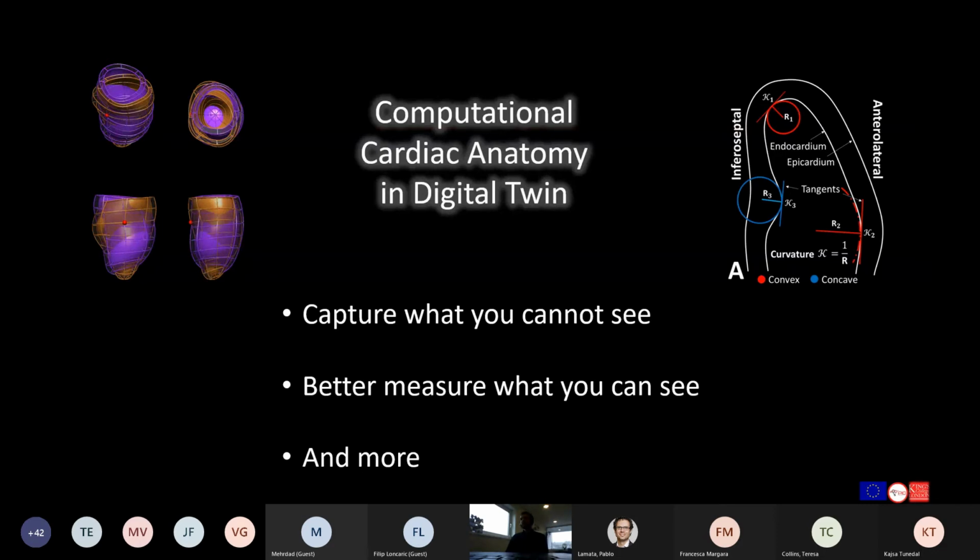And computational cardiac anatomy has many more applications in both statistical and mechanistic methods that my colleagues will present during their talks. So, for now, thank you for your attention, and I'm happy to take any questions and discuss any